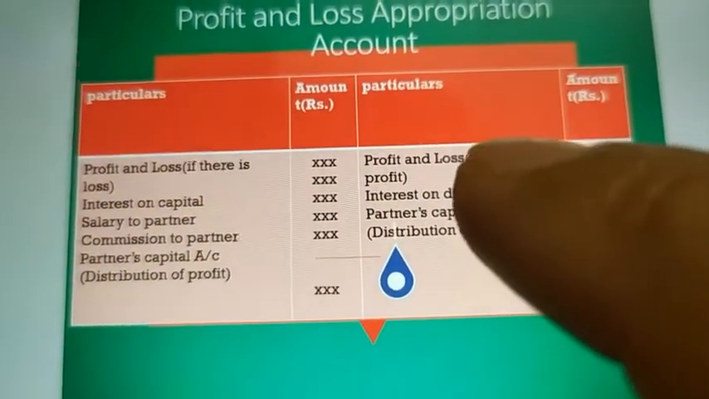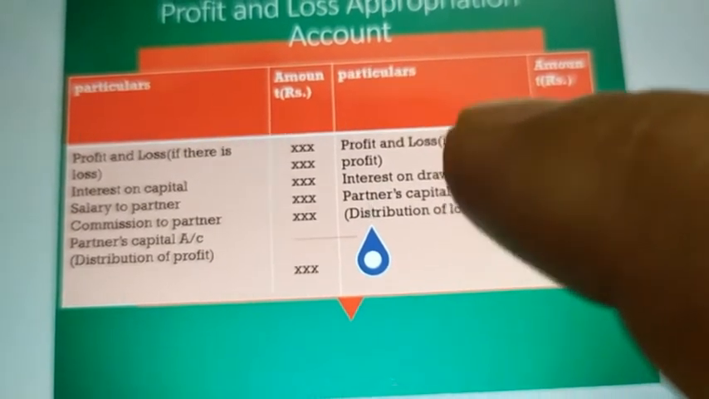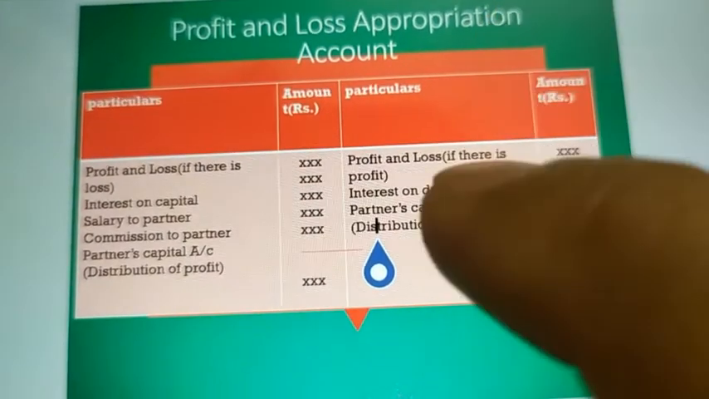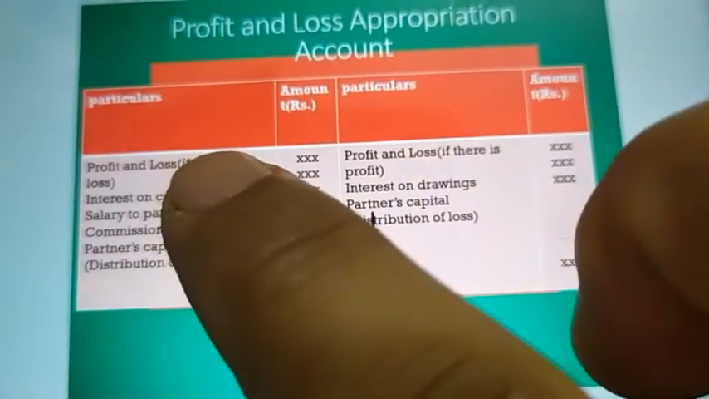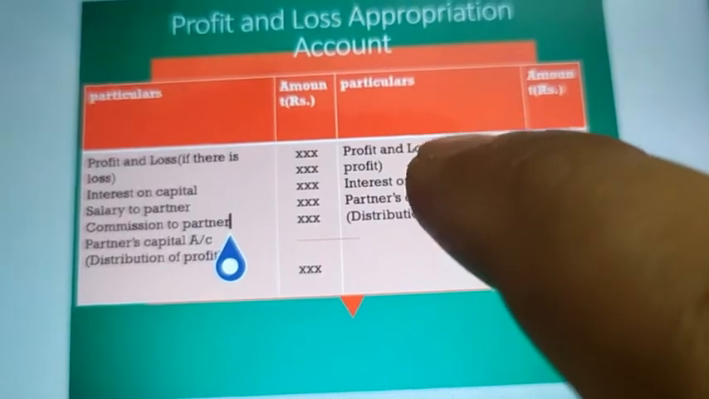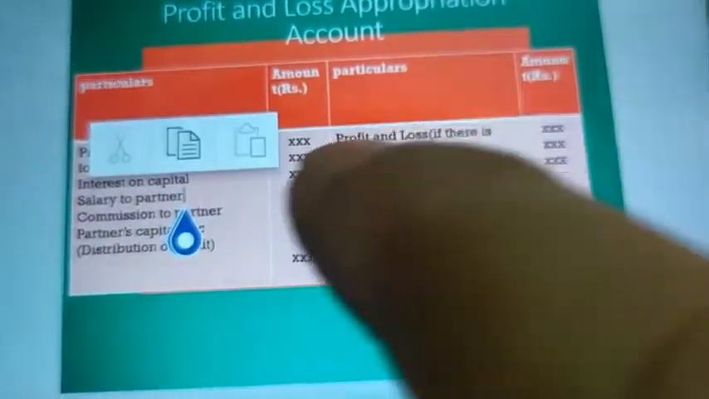So the profit or loss generated from the net profit and loss account will be taken either to the credit of this account or the debit. If it is a net profit, that will be recorded on the credit side. If it's a net loss, that will be recorded here. Once these two are taken,